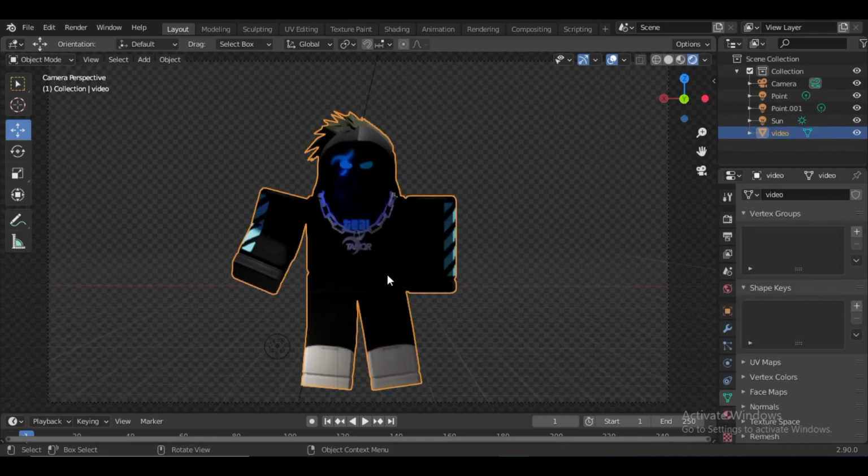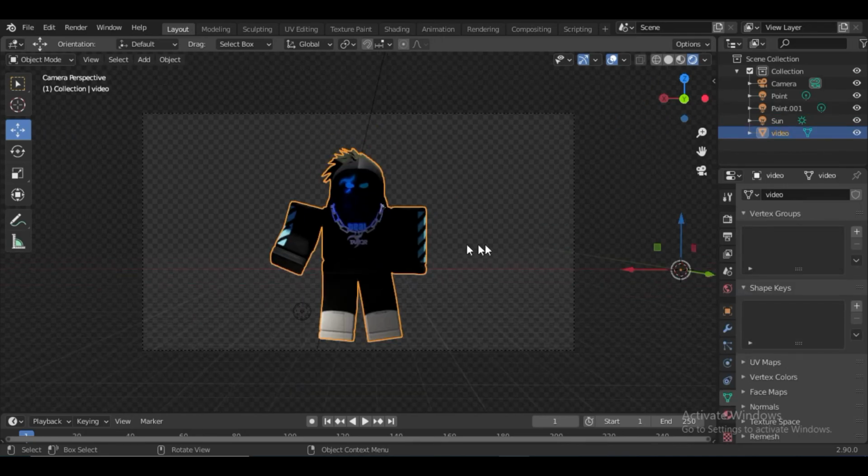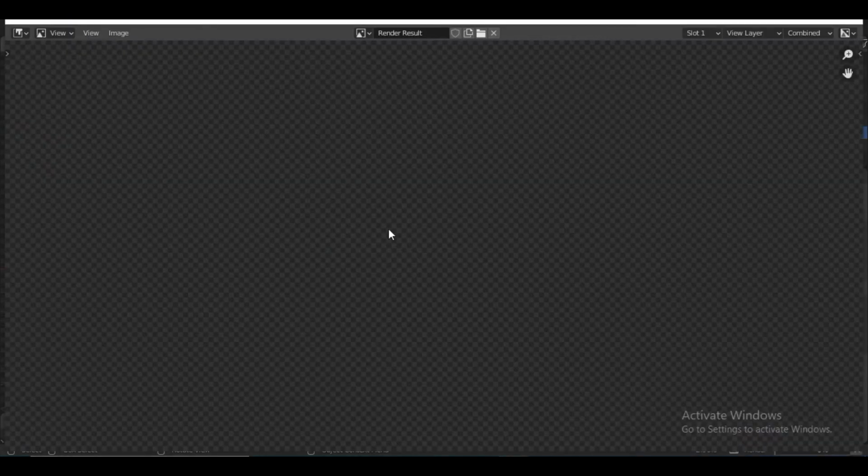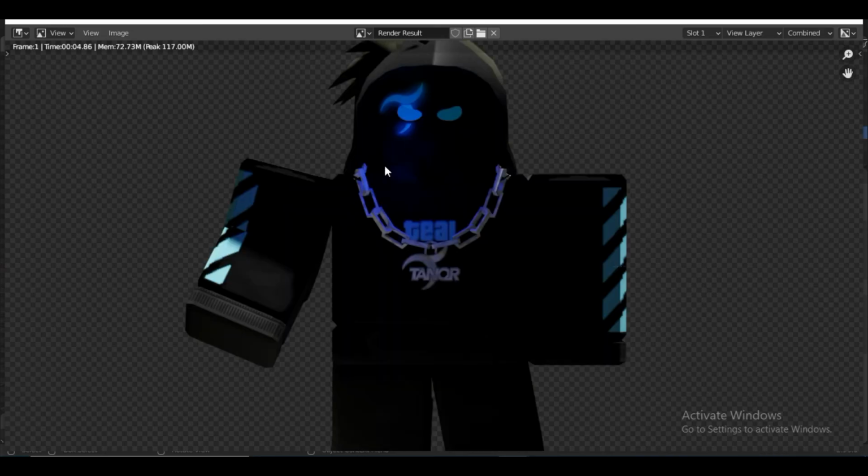So yeah, we are almost ready. In the next video I'll show you how to add surfaces and background and stuff, and how to work with area lightings. So in order to render this, you want to go ahead and click on render over here. You can also make a shortcut for this. Right click render image and change shortcut. You can set a shortcut for this. So now once you click render image, this should start rendering.